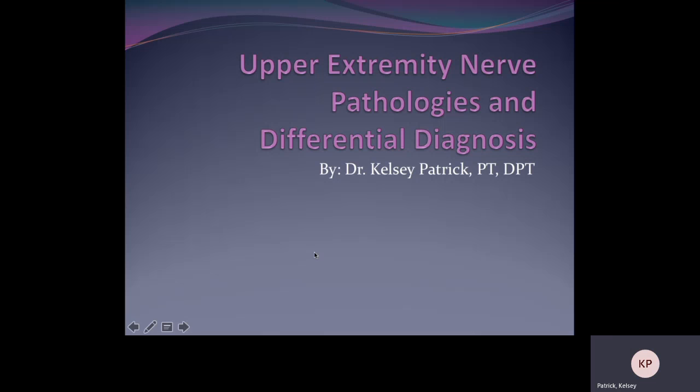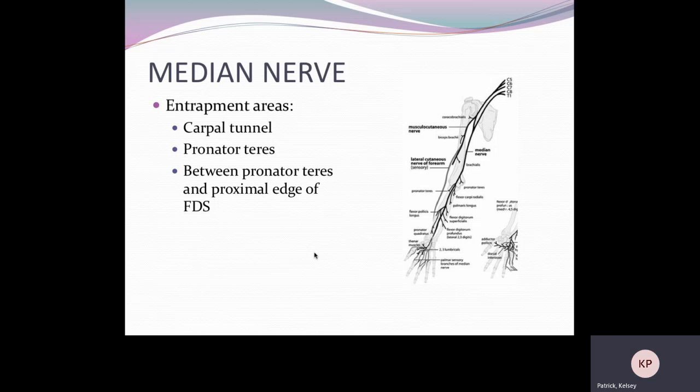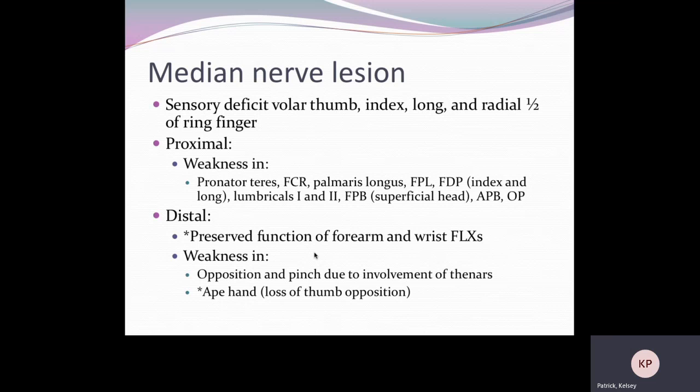Upper extremity nerve pathologies and differential diagnosis. Here's a picture of the median nerve in the upper extremity. Major entrapment areas are the carpal tunnel, pronator teres, and between the pronator teres and proximal edge of the FDS. The median nerve lesion typically presents as a sensory deficit in the volar, thumb, index, long, and radial half of